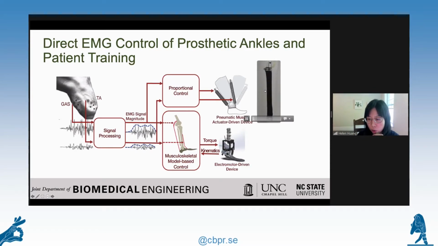One is driven by pneumatic muscle. This pneumatic muscle functions just like a muscle, right? It's activated, then it shortens and generates force. This pneumatic muscle basically mimics the function of the tibialis anterior, so TA. And this muscle mimics the function of the gastrocnemius. And then we can use the EMG to proportionally control these two pneumatic muscles and then drive